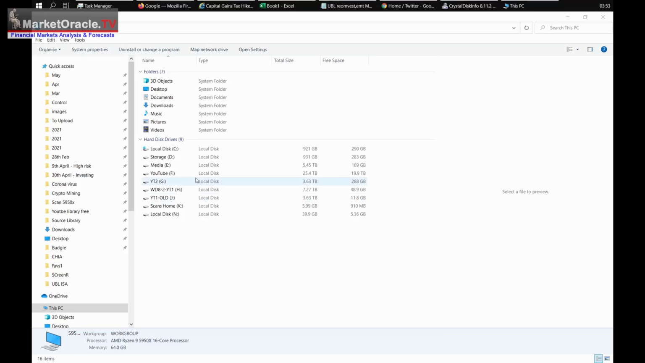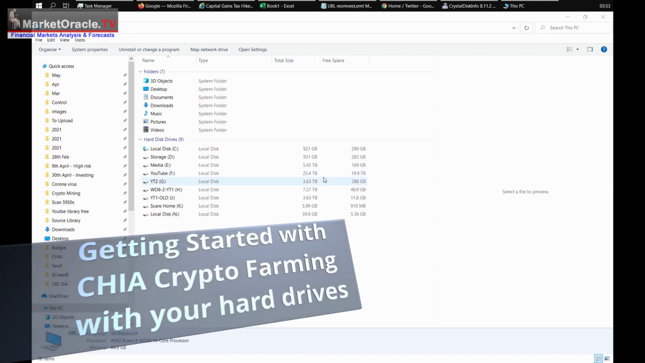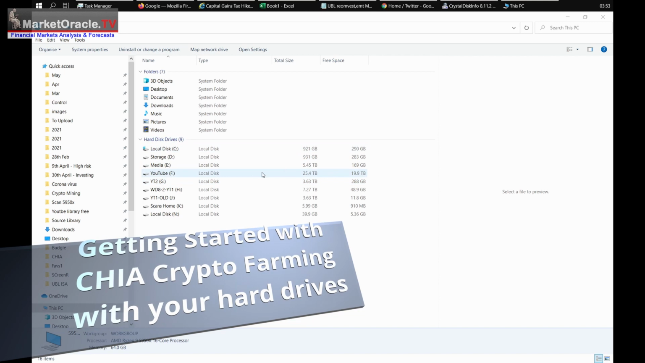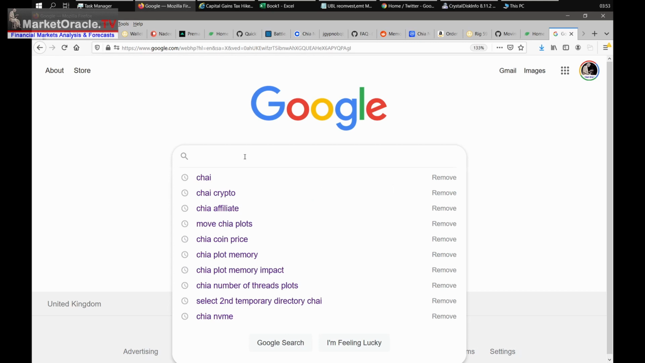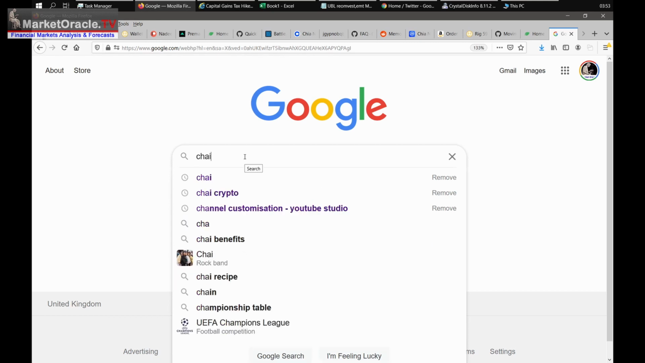How to get started profiting from your free hard drive space using the new crypto CHIA, farming CHIA. This is how you get started. Look at how much space I've got to profit from: 20 terabytes there alone on one drive. So let's get started. You want to go to Google and type in CHIA crypto